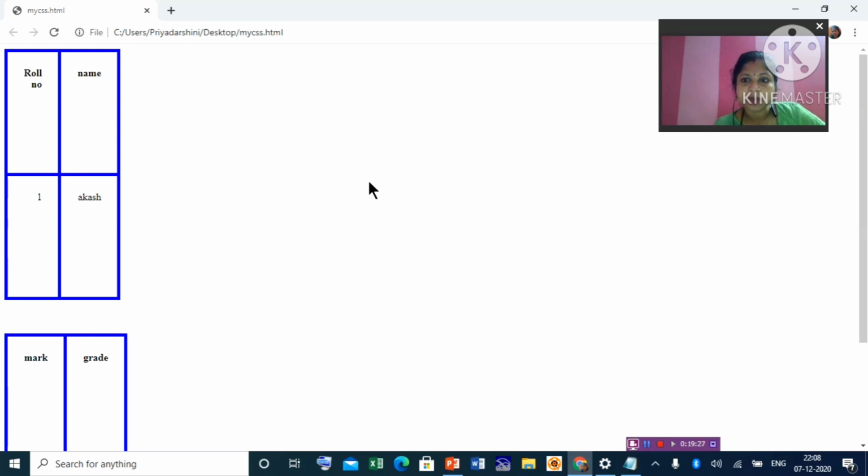Read the book properly. Whatever theory is given in the beginning, read that also. That will first make your concept clear. Then come to this notepad program. See line by line how I have added the properties, and how that property is reflected in the web page. Hope you will understand.